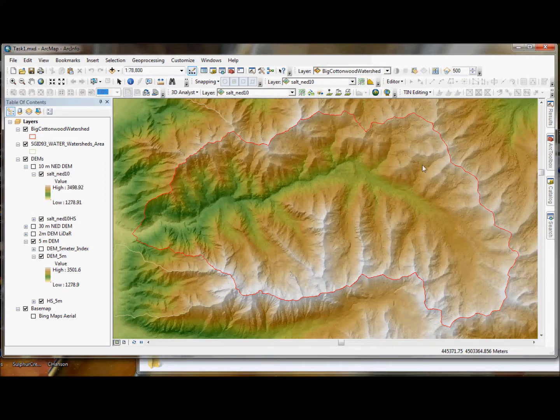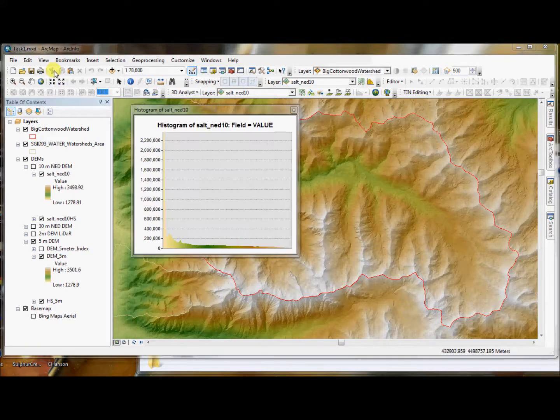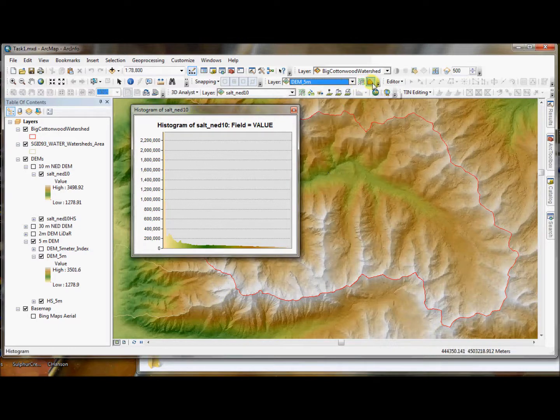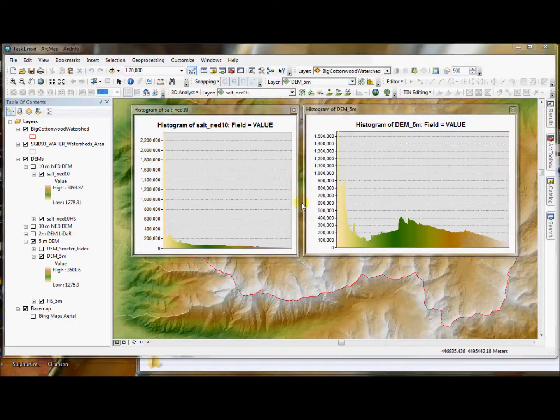a histogram for the Salt Lake DEM, just going to take a second here, versus a histogram of the 5 meter DEM, which we were also looking at. If I plot up one of those, the two histograms are totally different. So part of the reason that the histograms are different is because the extents of these two data sets are